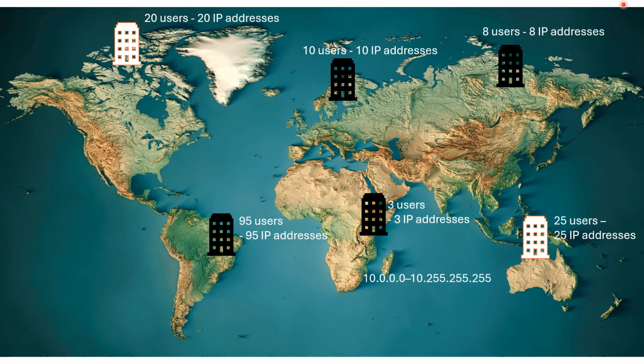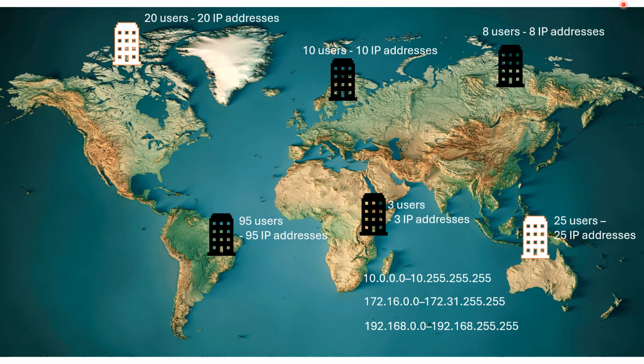The first range of IP addresses is from 10.0.0.0 to 10.255.255.255. The second range is from 172.16.0.0 to 172.31.255.255. And the third range is from 192.168.0.0 to 192.168.255.255. And this is why, if you are at home, you would normally see your IP address something similar to